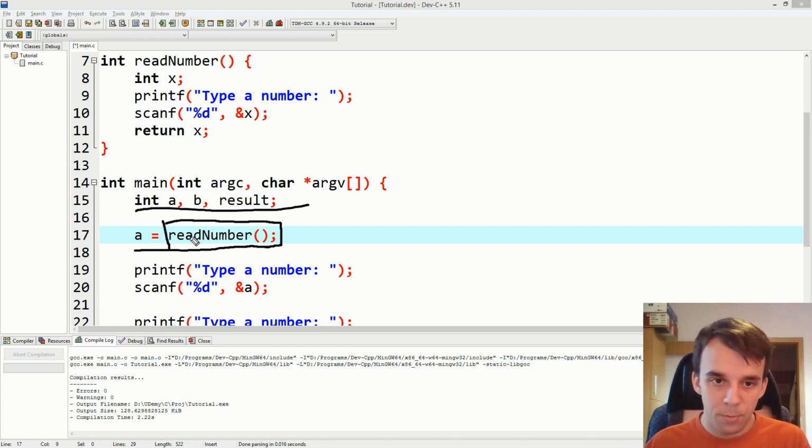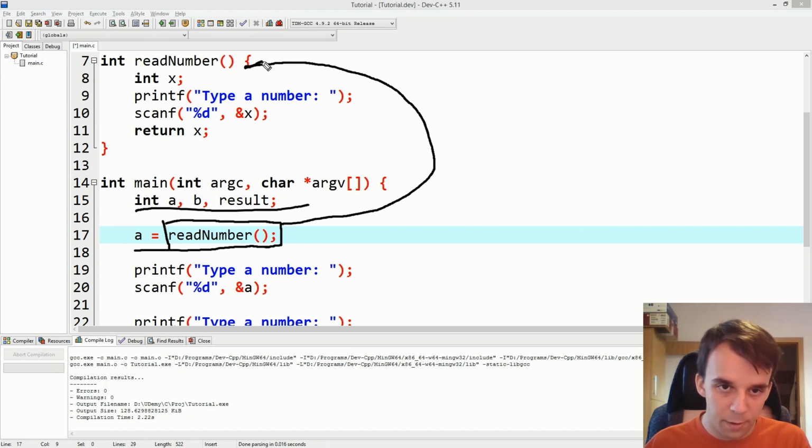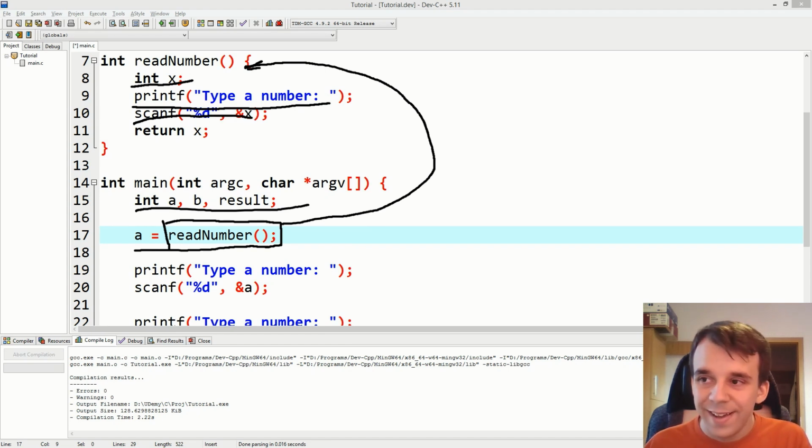So it goes right here, and it starts executing line by line from here. So it first declares x, and then it prints this text. It waits for the user to type in a number,